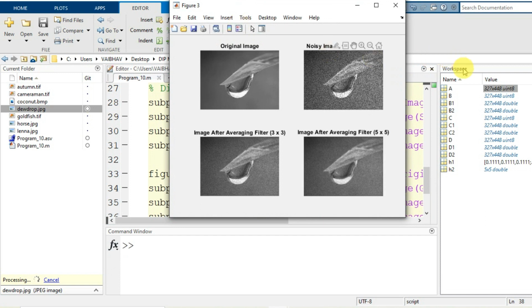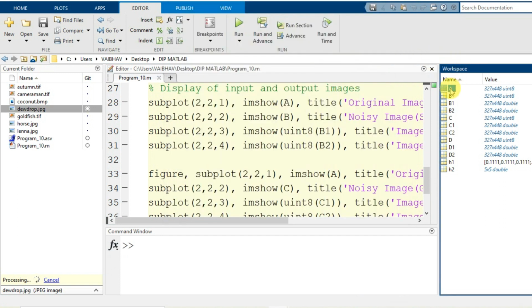So now you see in the workspace, capital A is the original image. After addition of noise for the first type, we have B when the salt and pepper noise is added to it. This is the variable C when we have added the Gaussian noise, and this is the variable D when we have added the speckle noise.